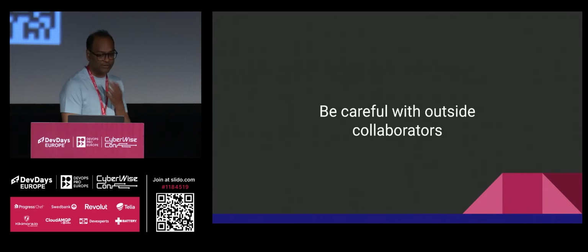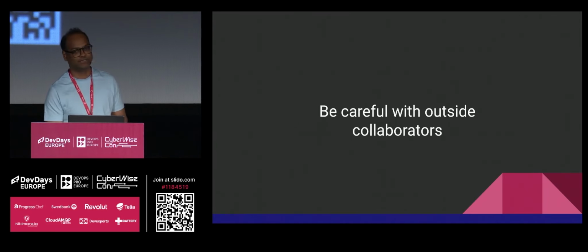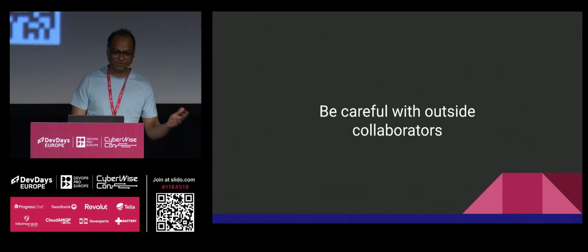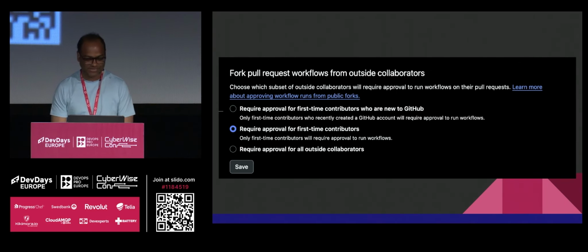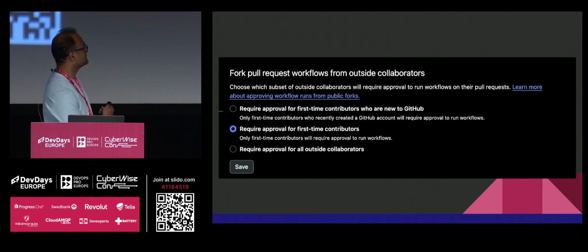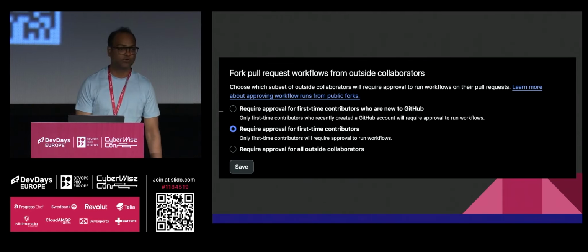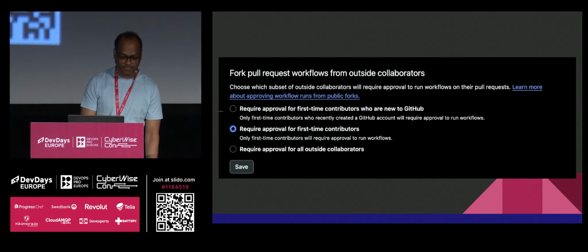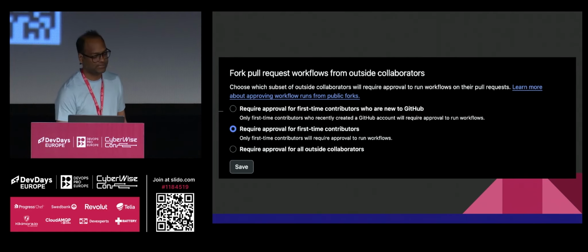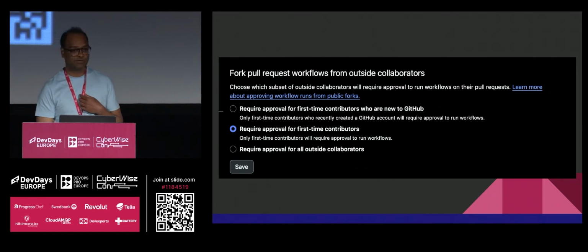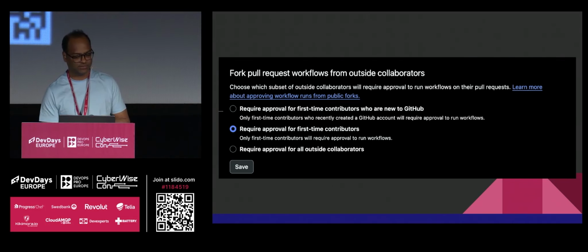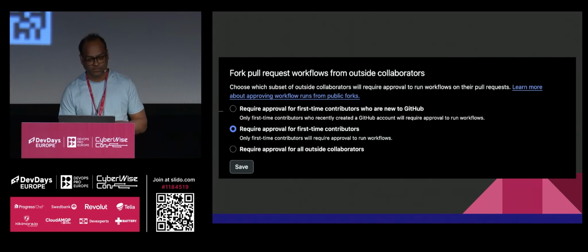Be careful with outside collaborators. We all learned the lesson. Again, thanks to Ziatan. I don't know who this guy is, but he's coming in my talk. All of you might have this enabled. It's called require approval for first-time collaborators, even for your open source projects. I would recommend switching it off and going to require approval for all outside collaborators. So in case you have any outside collaborator, they always have to get approval before they run your action. If you trust someone, just go ahead and add them as a team member, rather than keeping them as an outside collaborator. So you don't have to approve every time.